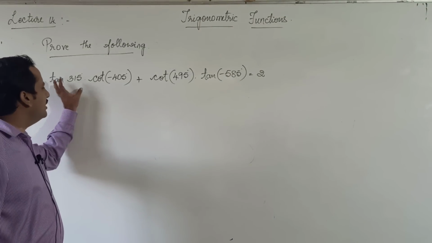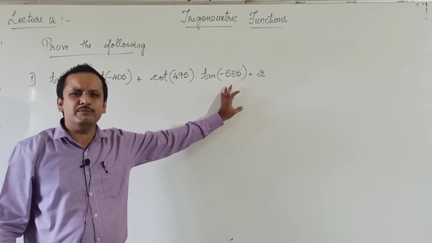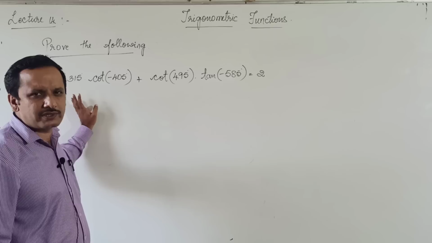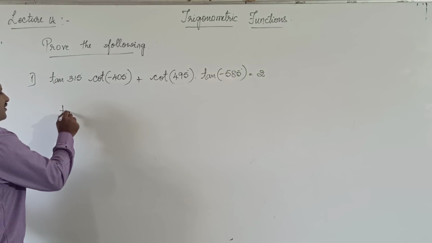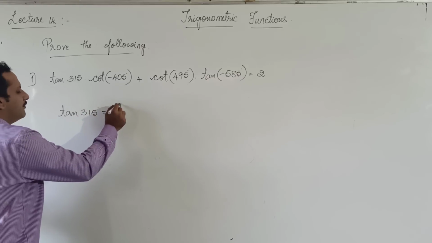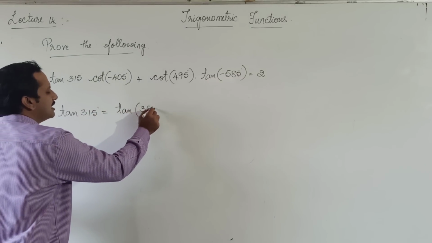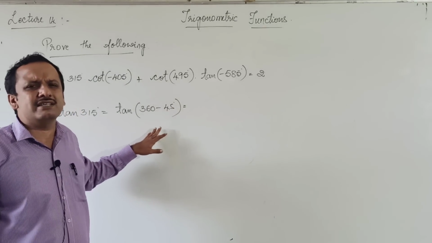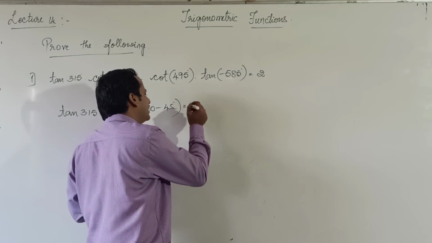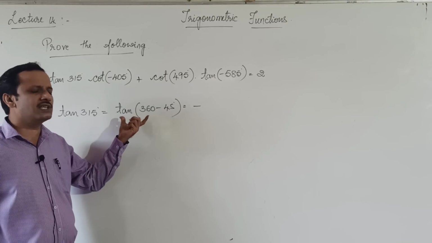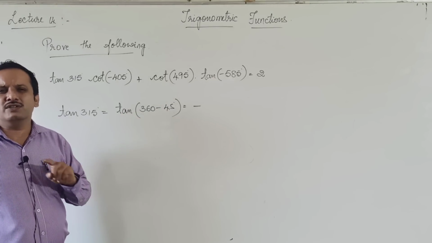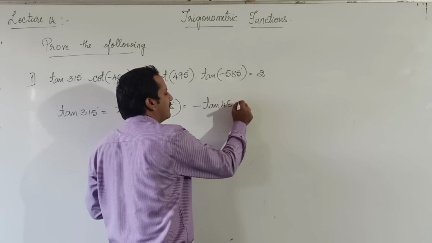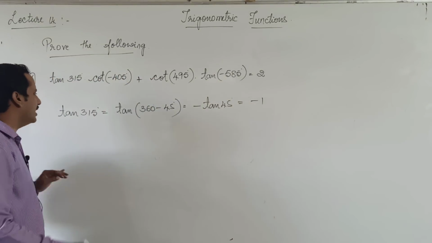Okay. So what we do is we will treat each of them as separate problems and we will find their values, and after that finally we will substitute all of them in this equation. Okay. So first I would like to find the value of tan 315 degree. 315 degree can be written as 360 minus 45. This looks like tan 360 minus theta. 360 minus theta means fourth quadrant. In the fourth quadrant, tan is negative. Okay, minus. Then 360 minus theta, we are using the horizontal line. So the same function will remain. Minus tan 45 degree. So this is equal to minus 1.